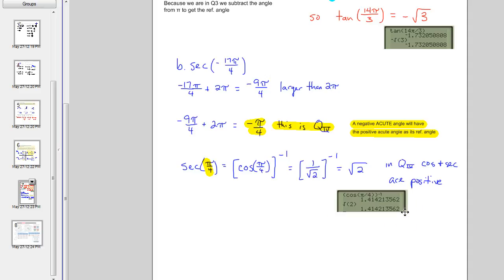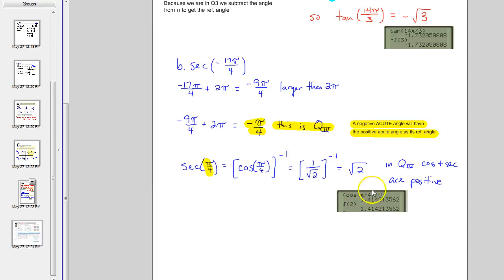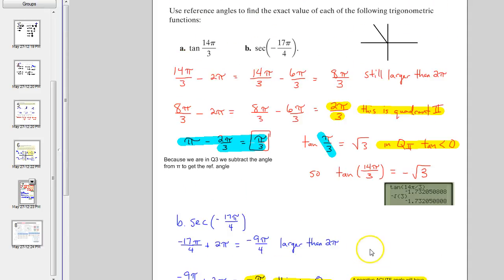All right, and then to check, the cosine of pi over 4, that little negative 1 button you see on your calculator, this little button right here, will let you go from cosine to secant. You start with cosine, but you have to use that -1 to get to secant. So the cosine of pi over 4 to the -1 power is the secant. And then the square root of 2, we see that it is correct, we do have the same value. So that's how we use these reference angles to come up with the sine, cosine, tangent, secant, cosecant, cotangent